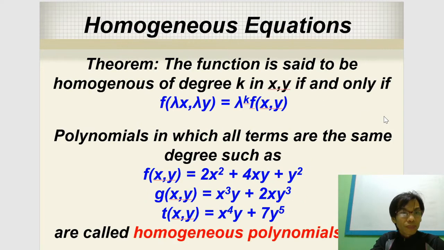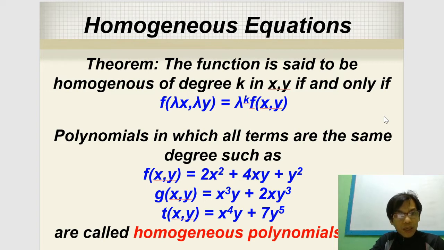The following theorem explains the homogeneous equation. A function f is said to be homogeneous of degree k in x and y if and only if f(λx, λy) is equal to λ to the k times f(x, y). So polynomials in which all terms are of the same degree, such as this one, f(x,y) is equal to 2x squared plus 4xy plus y squared,